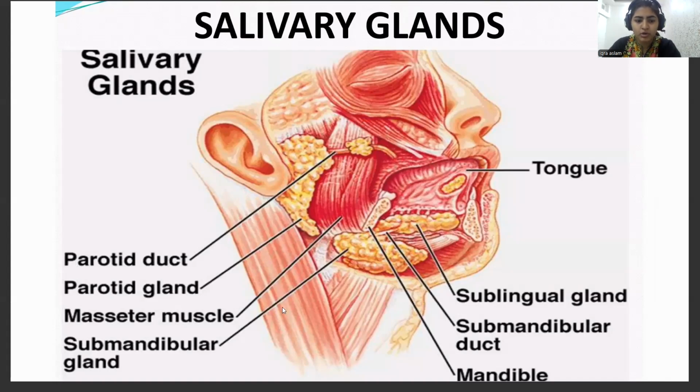Then we have the submandibular gland. The submandibular gland is at the bottom of our mandible. Okay. Then we have the sublingual gland. Sublingual is below our tongue. We also have the ducts of the submandibular gland. We have the tongue. If you go to the next slide,